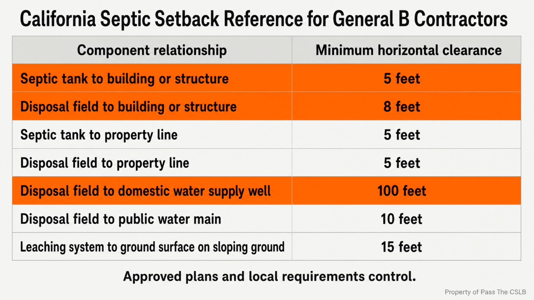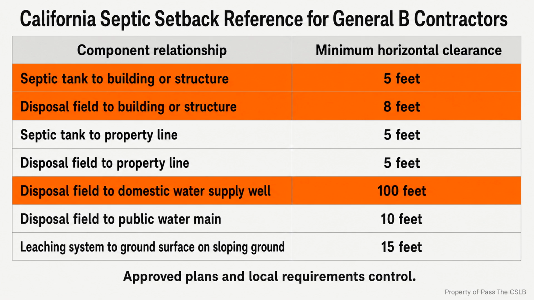Septic work also brings excavation rules directly into the General B contractor's supervision. An excavation 5 feet or deeper requires an adequate protective system unless the excavation is made entirely in stable rock. The protective system may involve sloping, benching, shoring, or shielding, depending on the conditions. A designated competent person must inspect the excavation, adjacent areas, and protective systems daily before work starts and as needed